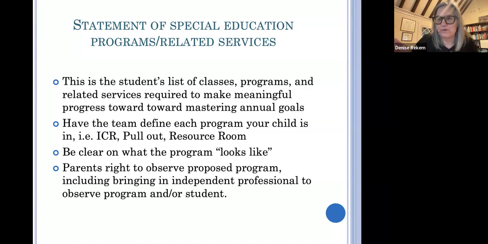Now, it may be appropriate for a child to be in a replacement curriculum in an area of severe deficit, where they have a very strong learning disability in math, and putting them in the general curriculum would not be appropriate at all, because they wouldn't be able to follow, and the replacement curriculum can look at the skills that they need to build individually. So I'm not trying to say that that's an inappropriate placement. Every child is different and their needs are different.